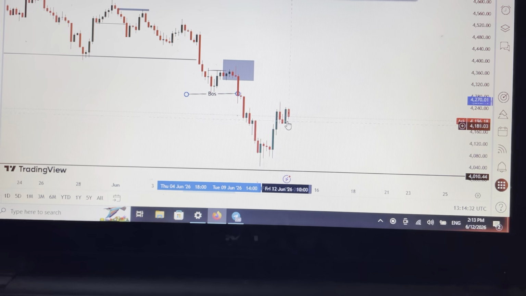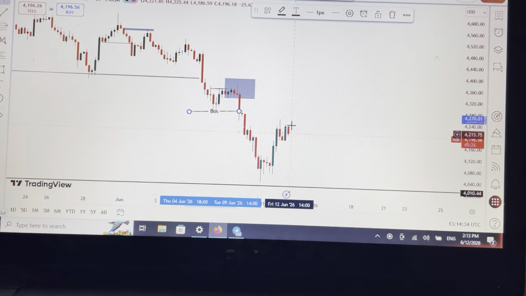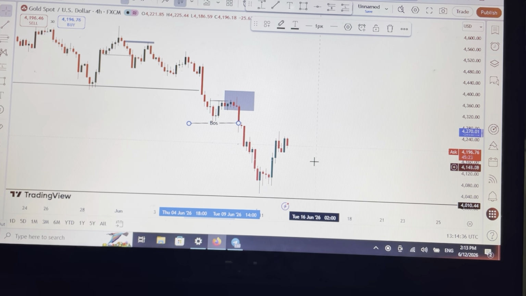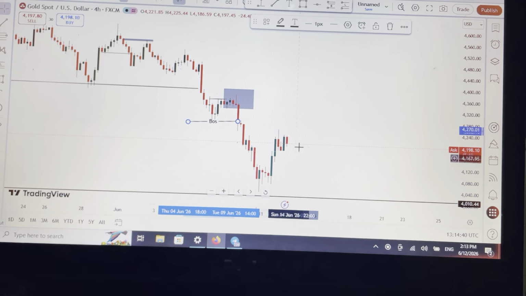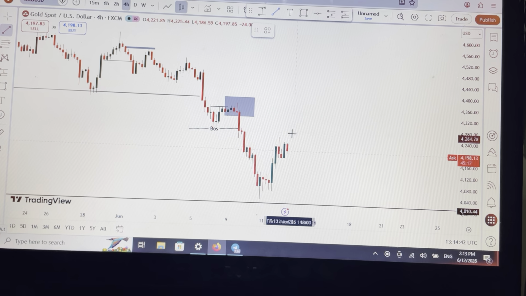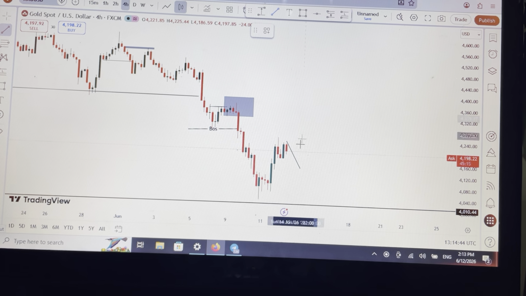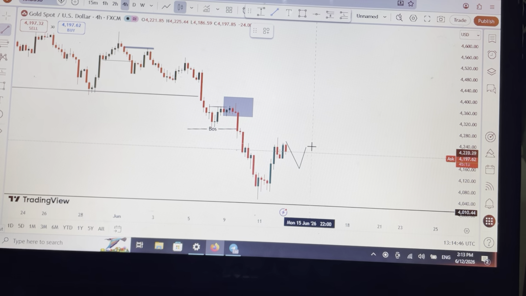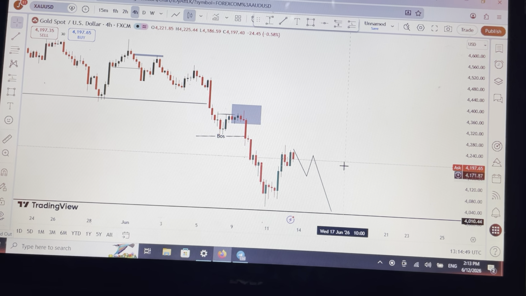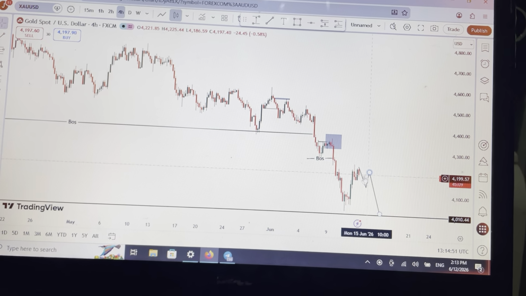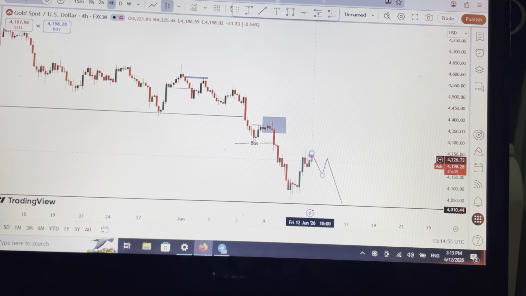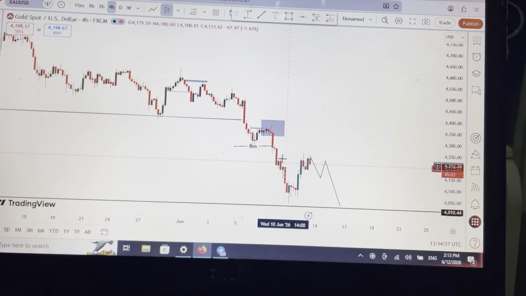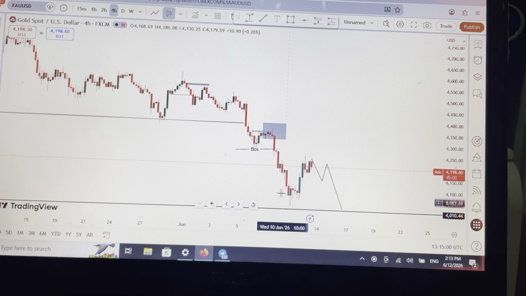But the fact that there is an imbalance around here, wait for a market structure shift, or just wait for a break and a test. You understand? The fact that there is an imbalance around here, wait for a market structure shift, price to break like this, pull back, do this, then we sell to the upside. You understand? And at least price will create another resistance level. You do not just say that because there is a double bottom around here and price is at an equal high, the last lower low that gave a break of structure.